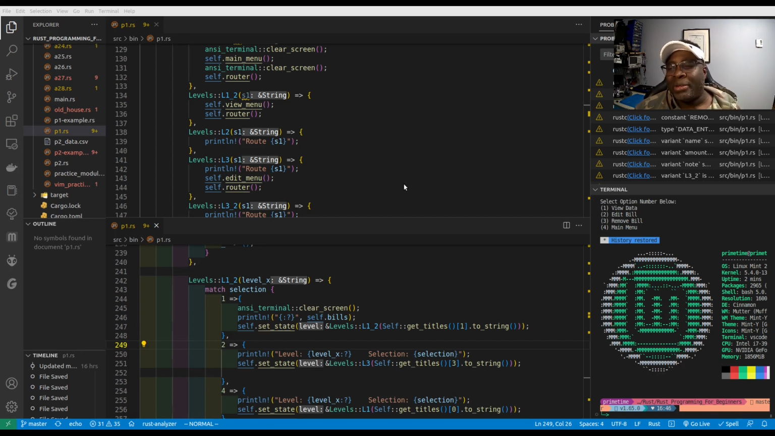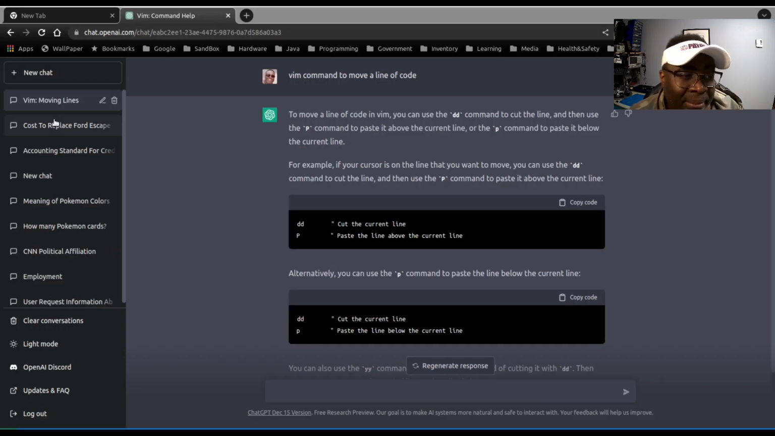Just off the hop, you can see the manner in which I have my tabs set up here. So, Vim, cost to replace my car, accounting standards, a Pokemon card, how many Pokemon cards, CNN political affiliation, employment, stuff like that. You can almost see the little general things you want to keep an eye on and have an understanding of. And you can see how this thing can just be persistently there in the back. You have something you want to ask, you jump in there and it's continuously building a repertoire with you,